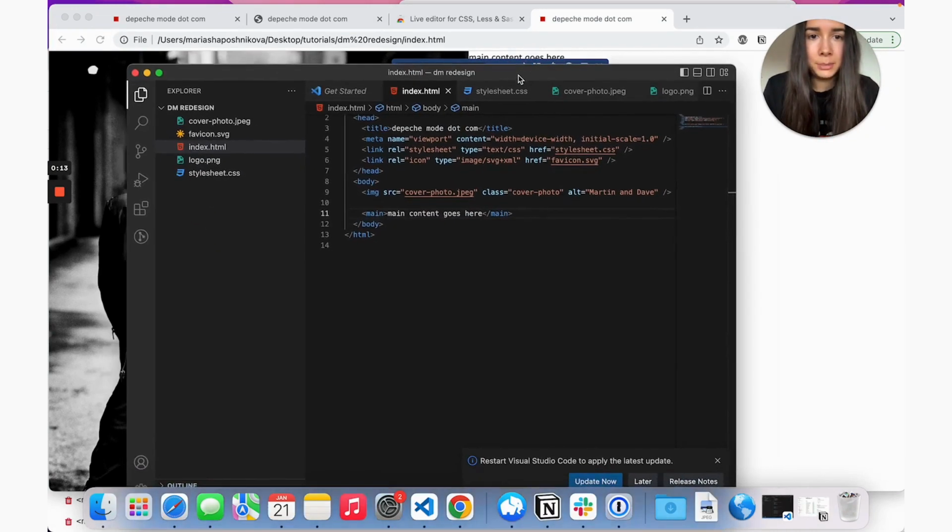And now we can start building out the structure for the right side of the page, which is our main content. So the first one is going to be our logo. Alt text would be logo. And then for the class, we'll give it also logo.